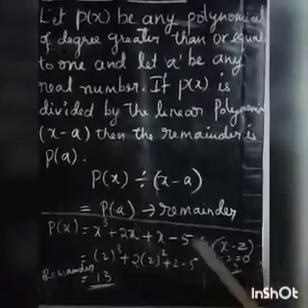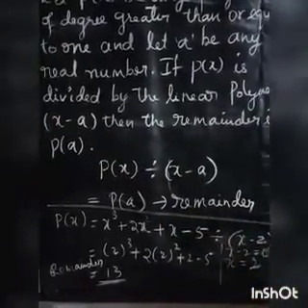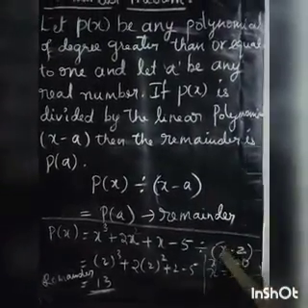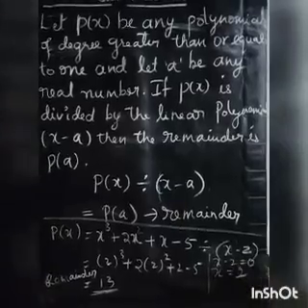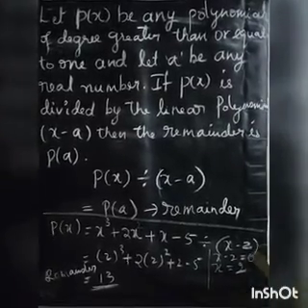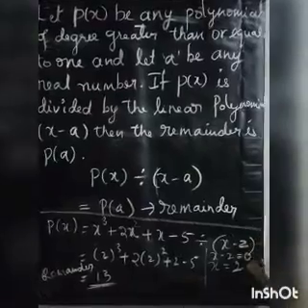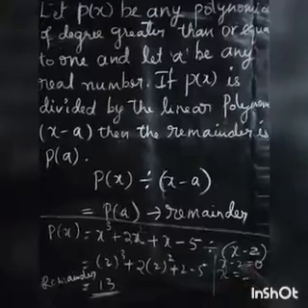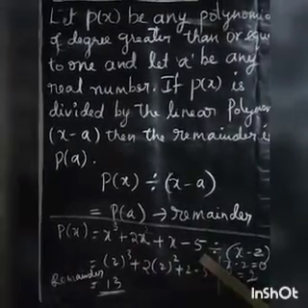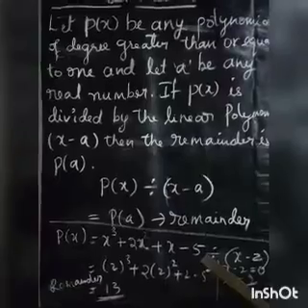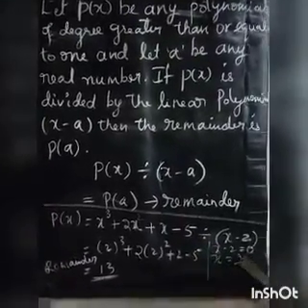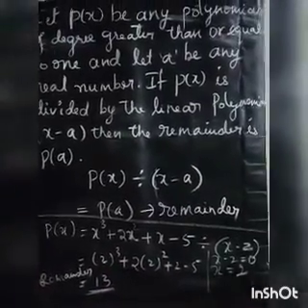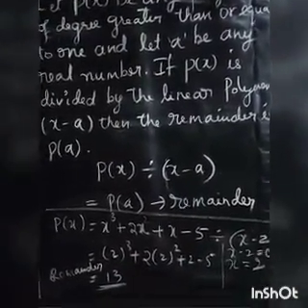But how? Here, in the place of x minus a, in the question they have given x minus 2. You have to take x minus 2 equal to 0. If you transpose this 2 to the right-hand side, minus 2 becomes plus 2. And if we apply this value in P of x, as we have found the values of the polynomial in the previous lesson, you will get the remainder easily. So this method is very easy compared to the long division method.